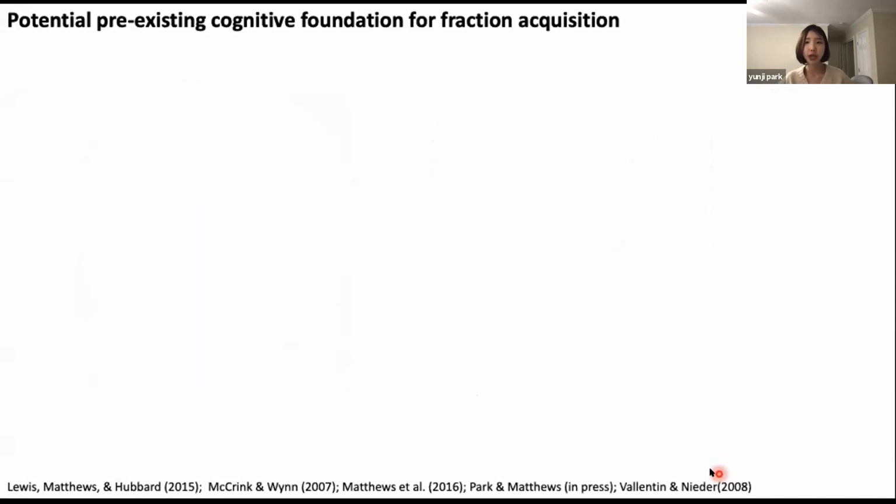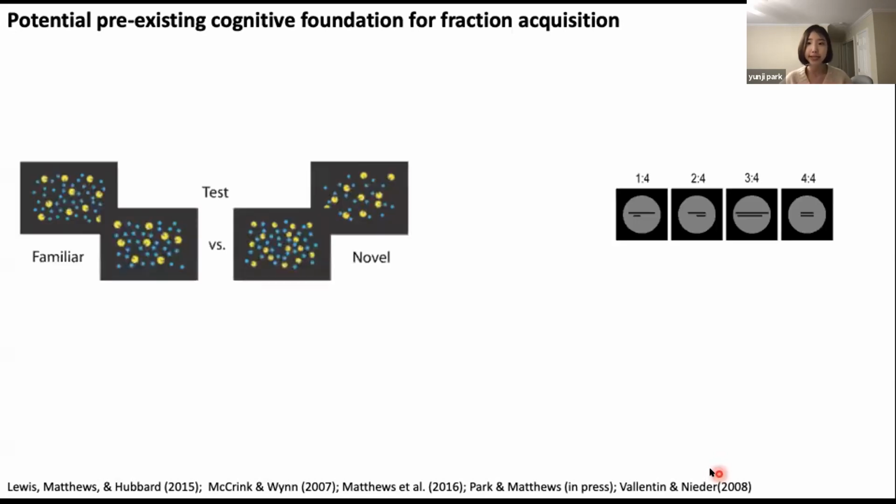So with this emphasis on fraction learning, researchers try to understand fraction learning better. One line of research suggested a possibility that humans have intuitive, perceptually based access to primitive fraction concepts when they are presented with non-symbolic graphical representations like these two dot arrays, the ratio between yellow dots and blue dots, and the ratio between two line lengths. They also said this perceptual ability will eventually help symbolic fraction learning.